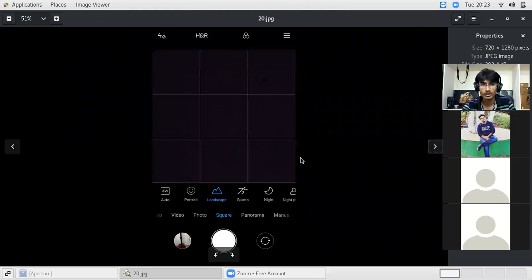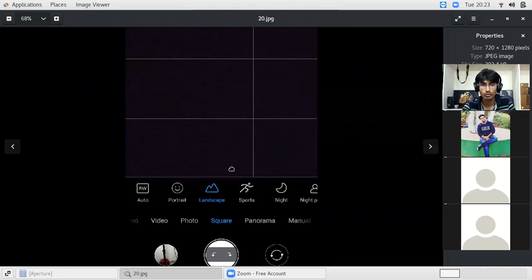Similarly, when you are trying to achieve f16 or f22 using a camera, that is not possible with a mobile, but you can try to take a photo in landscape mode, which will try to simulate the smallest possible aperture for your photo. So for bigger aperture, portrait mode; for smaller aperture, landscape mode.